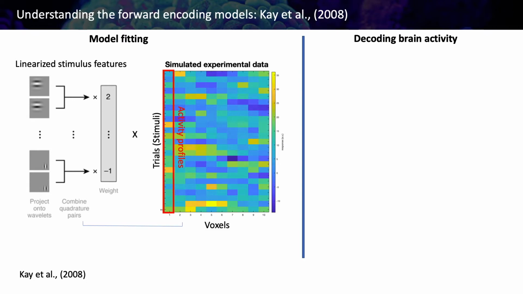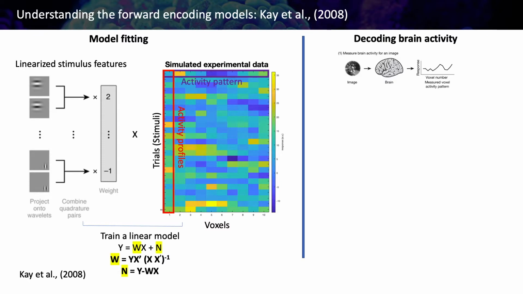Now, for example, we can focus on the activity profile. If we are looking at the voxel level, or at the neuron level, or even the electrode level, we can do it at the activity pattern. Then you train your linear model and you can recover the weights and the noise. What they did afterwards, here a very silly example, is present an image, look at the activity produced by the brain when it sees this image, and then, using the model that they pre-trained,